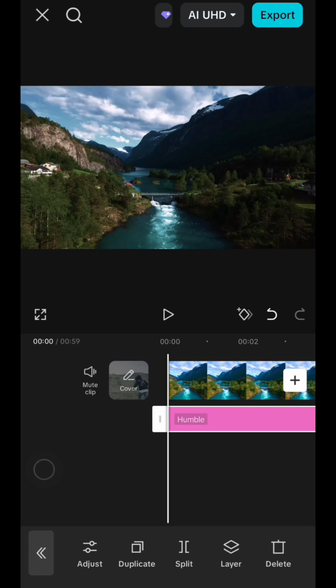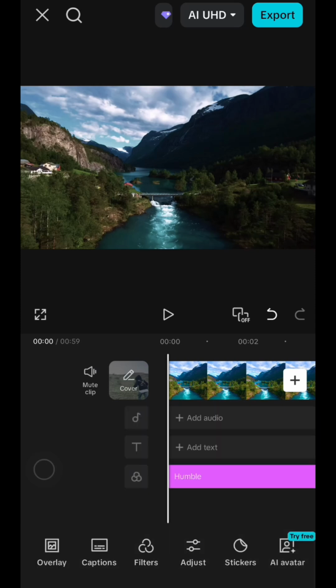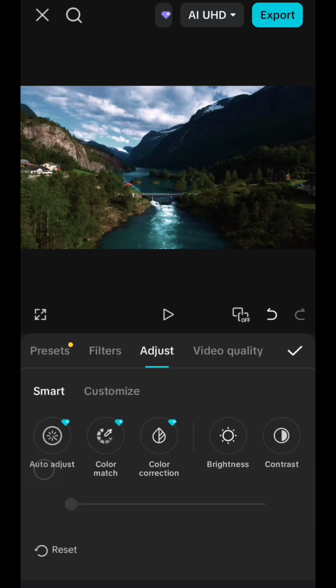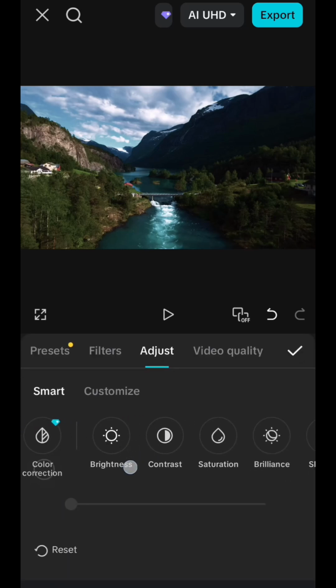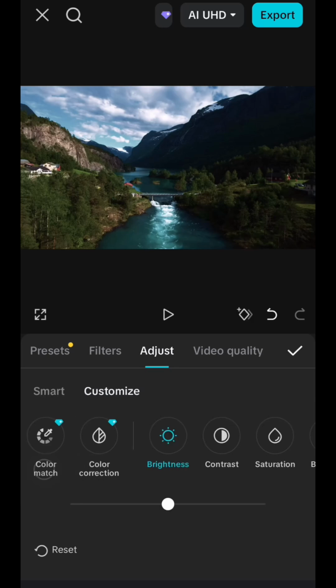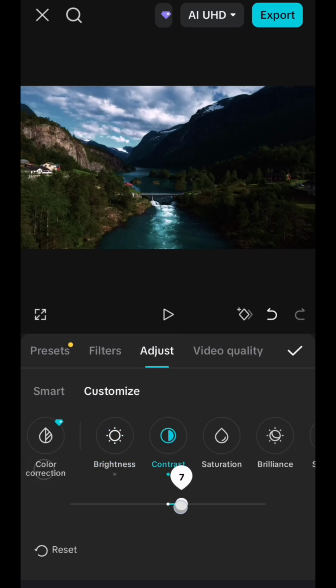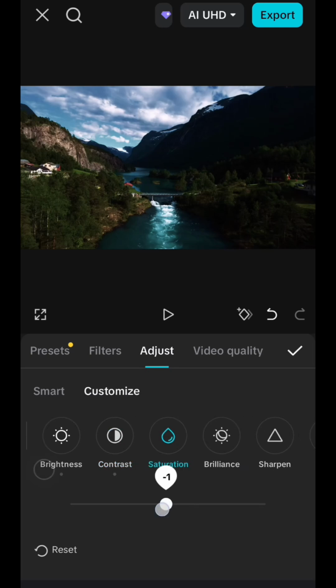And then next, just go to adjust and then just set the values as you like. For example, like this, I will just lower the brightness slightly like this, and then the contrast I will increase it about 10 like this, and then saturation I will increase it a little bit like this, and then brilliance I will decrease it about 10 like this,